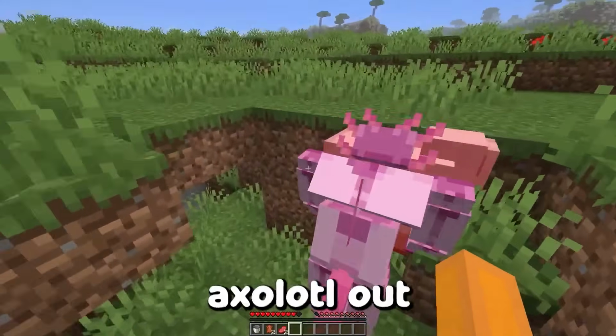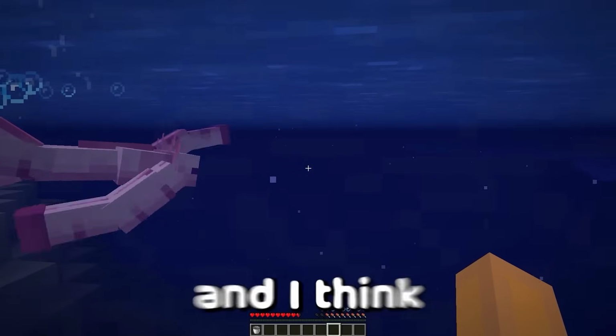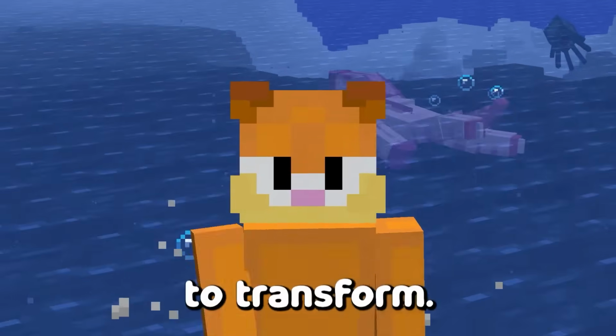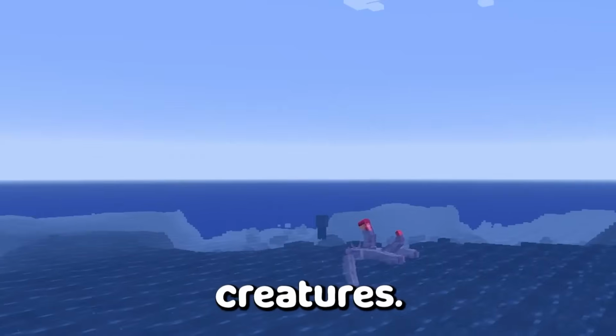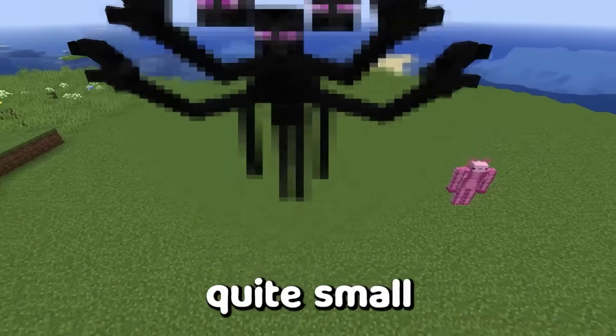I'm going to take this axolotl out of here, or it's going to end up killing all the mobs. I've brought it to this nearby river, and I think I'll let the axolotl live its normal life here, because we still have many mobs to transform. Off it goes, attacking other creatures. But this axolotl is only 10 times the size of our first mob,